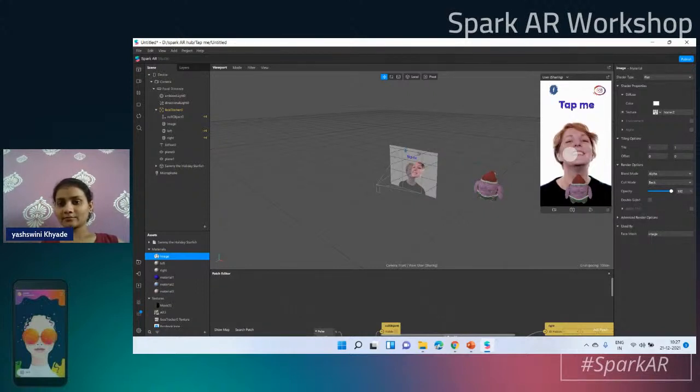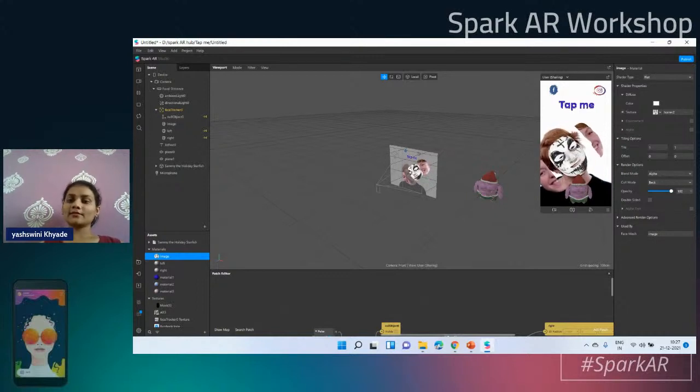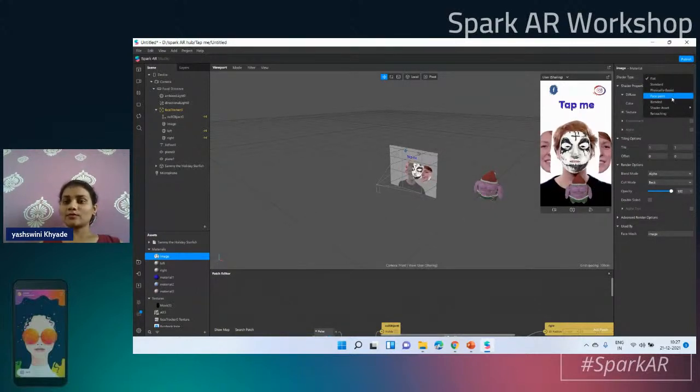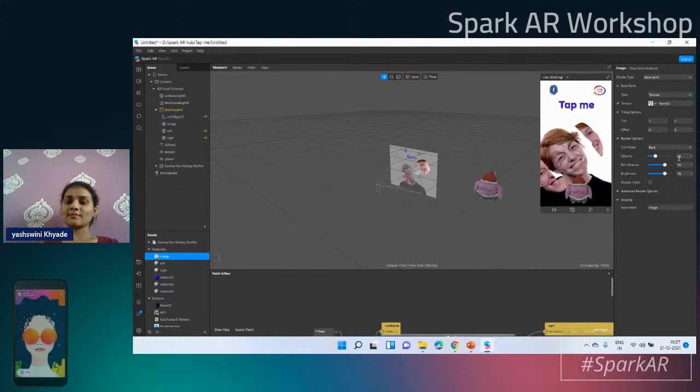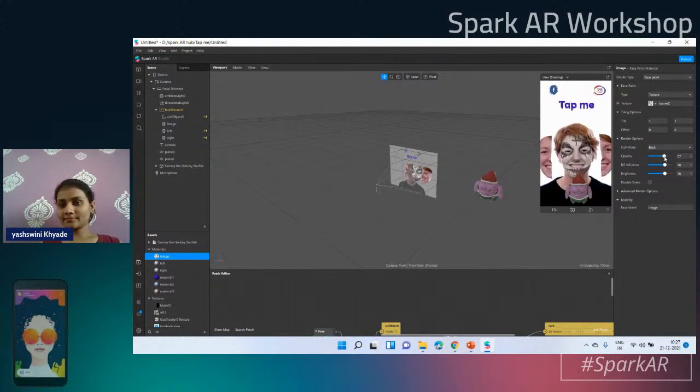and once I click on it, the background will remain like this. So you can choose face paint also. You can see it's looking like a face paint. It will increase and decrease the opacity of this. We'll put this much,